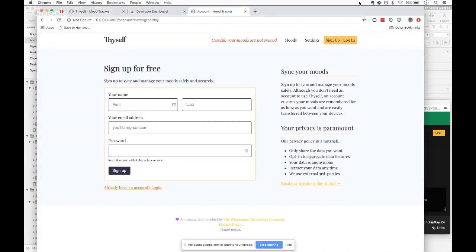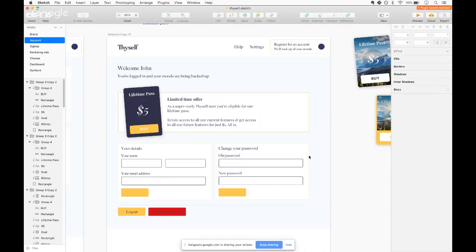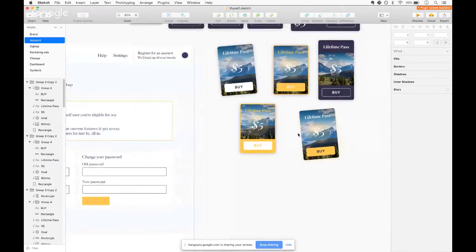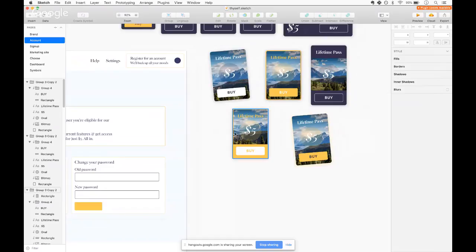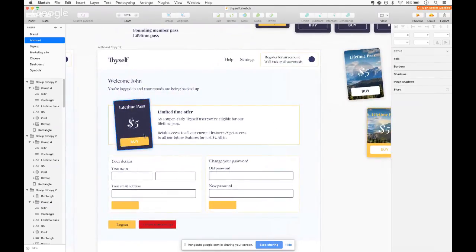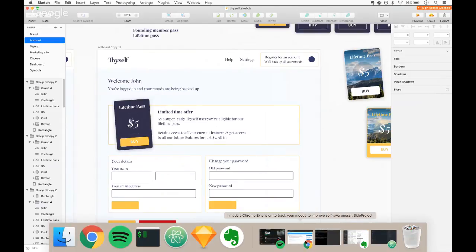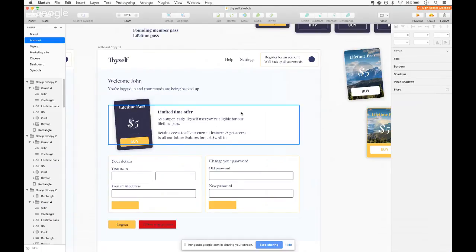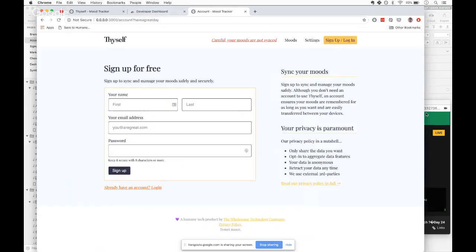Cool. Today looking at introducing some payments. So I decided to introduce a limited time offer of $5 for a lifetime pass, and not sure how it's going to look yet. Was playing around with some designs yesterday. Quite like these ones. And so going to introduce that. We'll probably do that with the Stripe integration. Should be fairly easy to set up, always is. So once I've done that, then I'll get that live, and that's it.